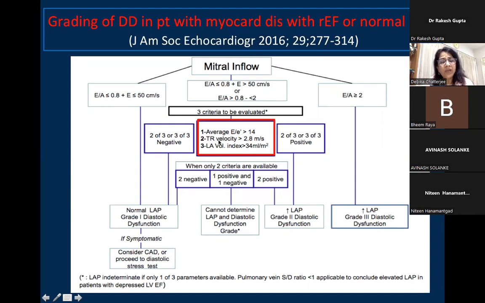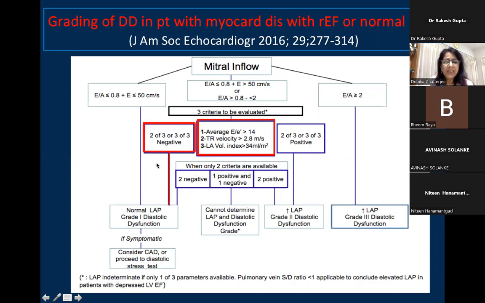TR velocity, I already described. If it is more than 2.8 meter per second, we say positive criteria. And LA volume index, if more than 34 ml per square meter, which I have already described, is a positive criteria. Now, out of these 3 criteria, if 2 or all 3 are negative,